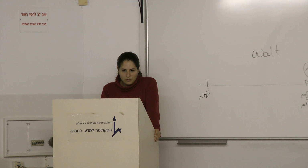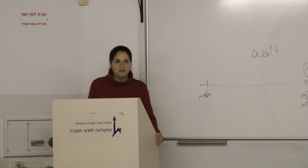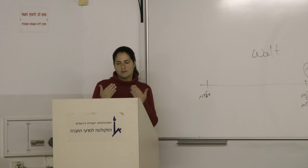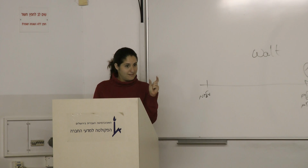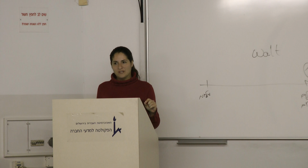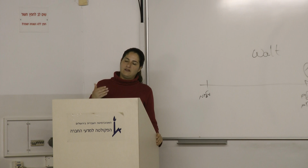Another mechanism that I wanted to talk to you about is here. This is a regulatory mechanism. It's a new one. It's been known for about 10 years. The name of this regulatory mechanism is microRNA. MicroRNAs are short RNA molecules, and those molecules do not get translated to proteins. They stay RNA forever. They are only 22 nucleotides long. They are very, very short. What they do is that after the